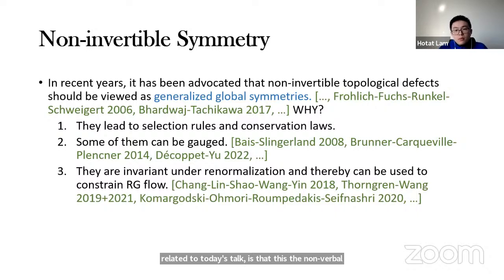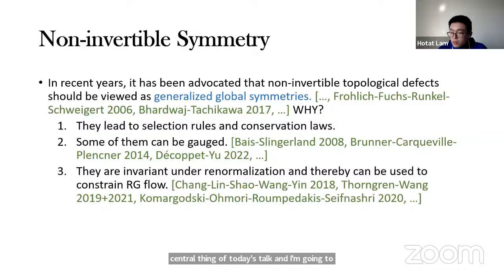One way to think about this is the following. When we do renormalization, we are sort of doing a zoom in and zoom out process. But if the operator or the defect is topological, then it will survive at every scale. Because of this, it is invariant under renormalization group flow. Then we can use the fact that these defects, or non-invertible symmetries, are invariant under renormalization group flow to deduce some non-trivial constraints on the infrared dynamics. This will also be the central theme of today's talk, and I'm going to demonstrate an example of this type.